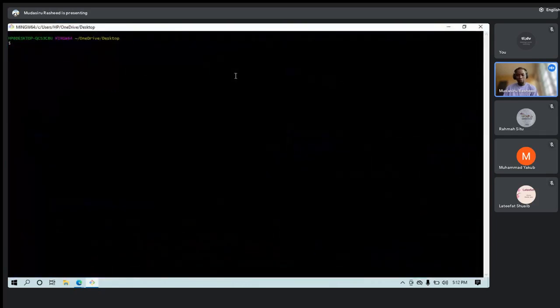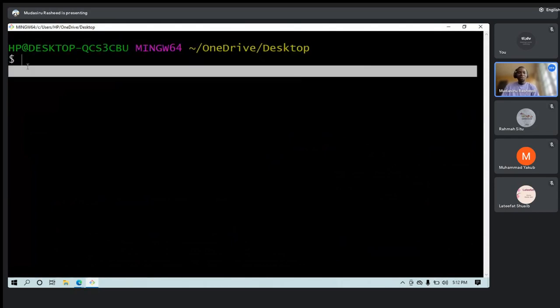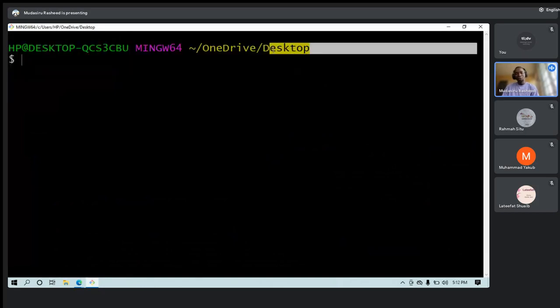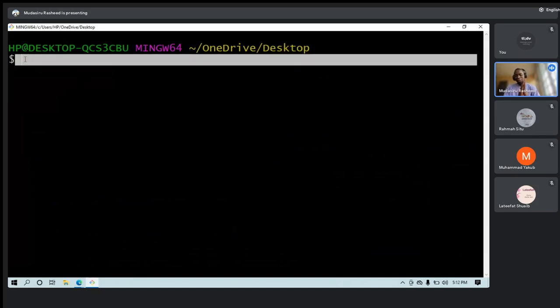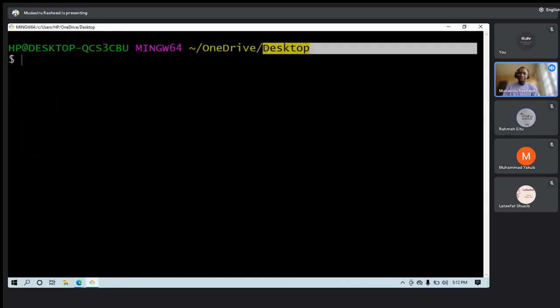Let me look for a way of increasing it. Okay, you should be able to see it by now. So, looking at this, it is like I'm opening my desktop. I open it from my desktop. This is my desktop. But now I want to be in the root part of my system. I need to move from this desktop to another directory.